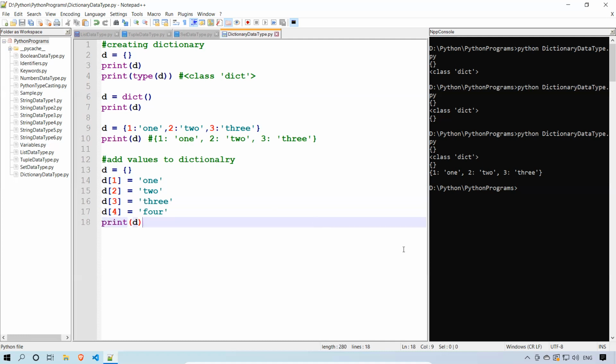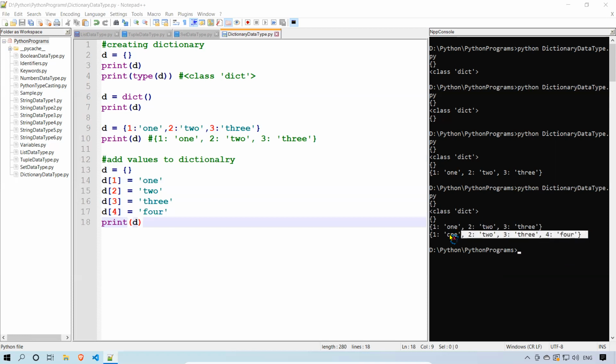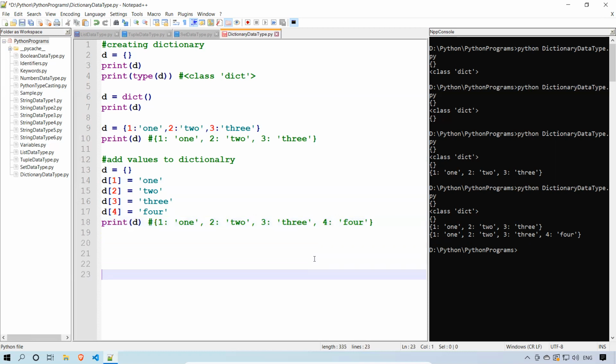You can observe the output: the same key value pairs with 4 entries, 1, 2, 3 and 4. This is how you can add values to a dictionary.